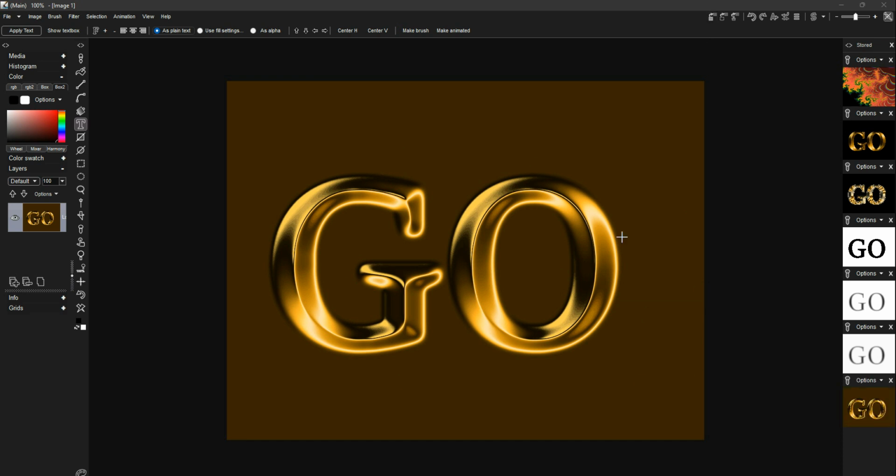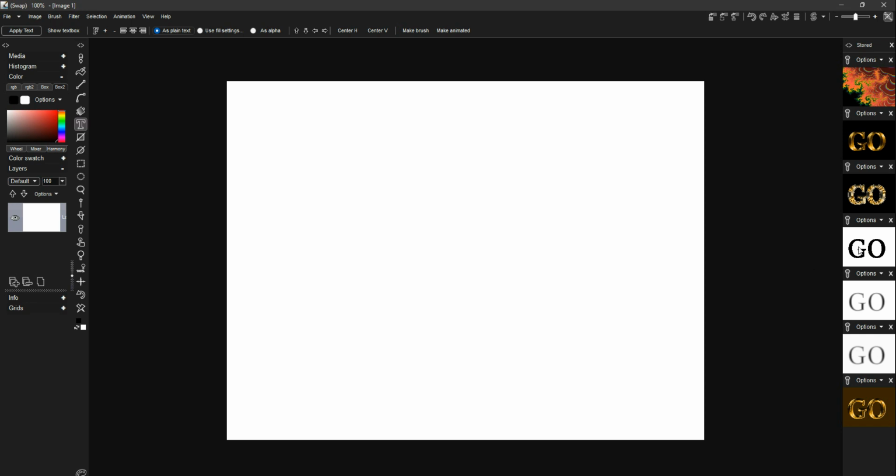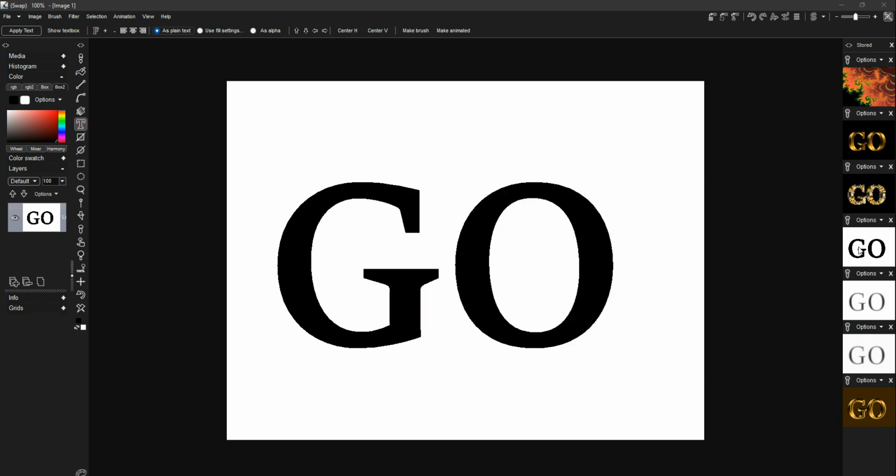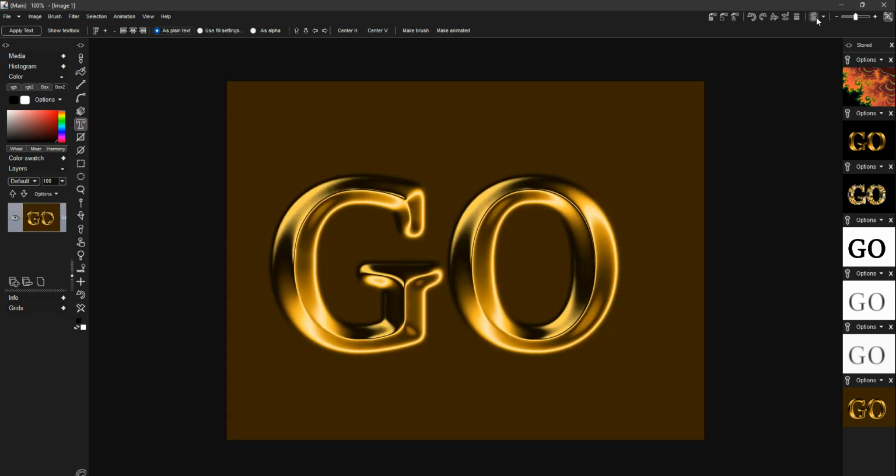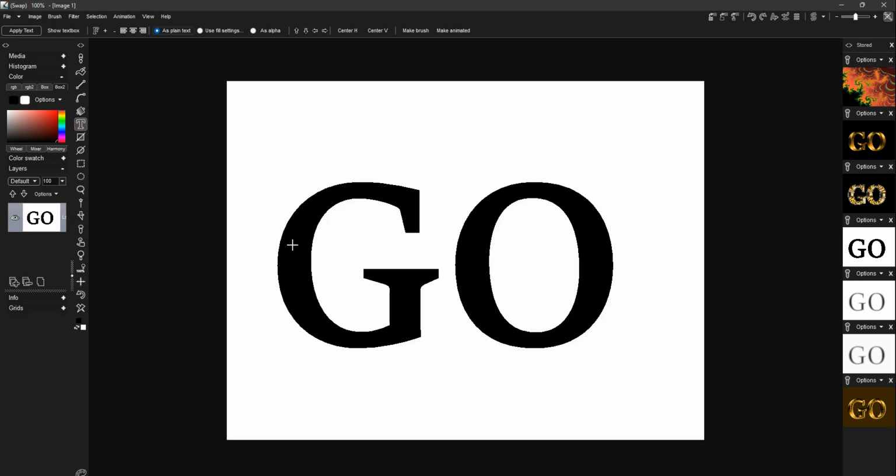Now all we got to do is make this text stand out against that background there. So one way we could do that, I'll go to the swap image. This is an area where we can work on a different picture and then come back to it later, swap back to it later. Now we could use this original text, but it has that aliased edges. So what I want is